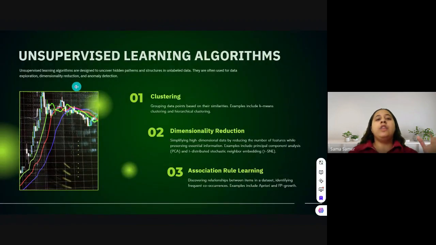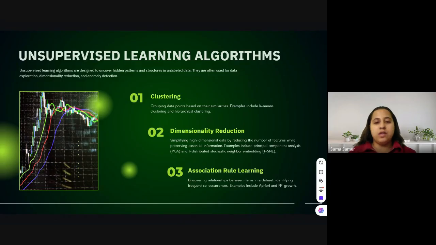Okay. Then let's have a quick overview about unsupervised learning algorithms. In unsupervised learning, we have data, but we don't have its solution. We don't know the answer. So the model must learn the hidden patterns and structures of the data, and it is often meant for exploration, dimensionality reduction, or anomaly detection, knowing that this is normal, but there is unusual behavior here. So we will penalize this or say this is something abnormal.